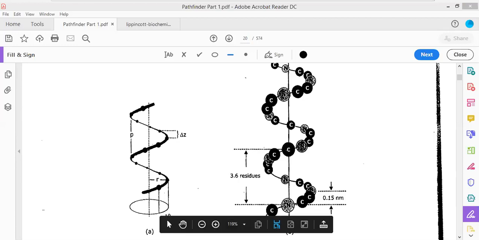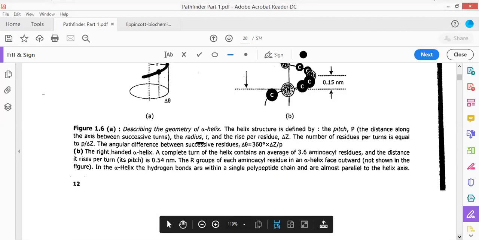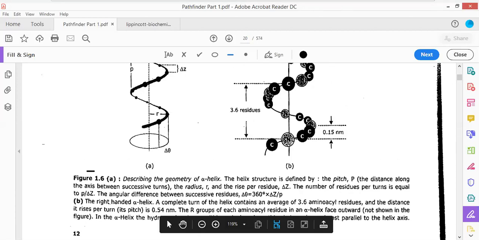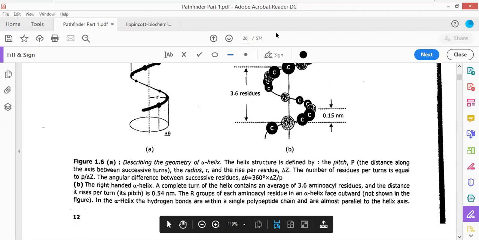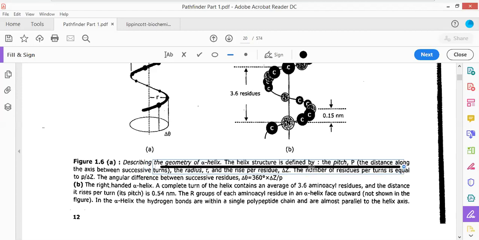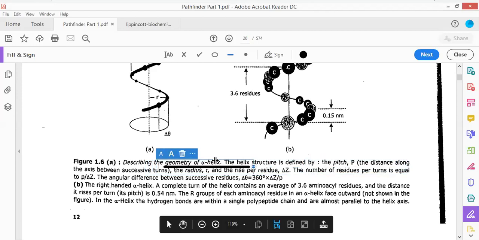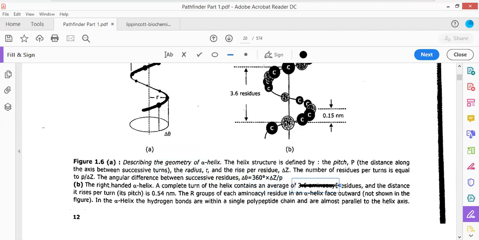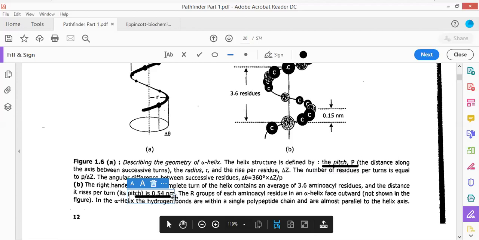Now what we have to study is the alpha helix. There are two important questions which have been asked in the CSIR entrance examination from this alpha helix, and we will have to understand which were those questions. The description of the geometry of the alpha helix is defined by the term pitch. The pitch refers to the distance along the axis between successive turns. What is the distance between successive turns? That is referred to as pitch. So the pitch of the alpha helix is usually 0.54 nanometer